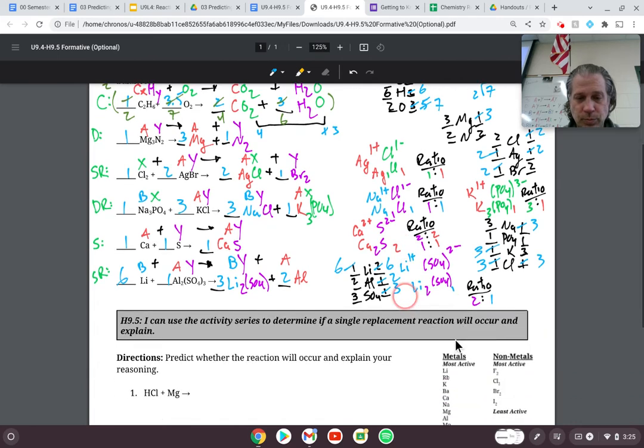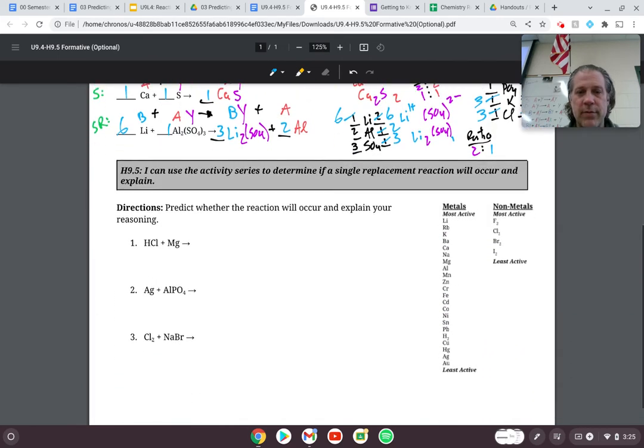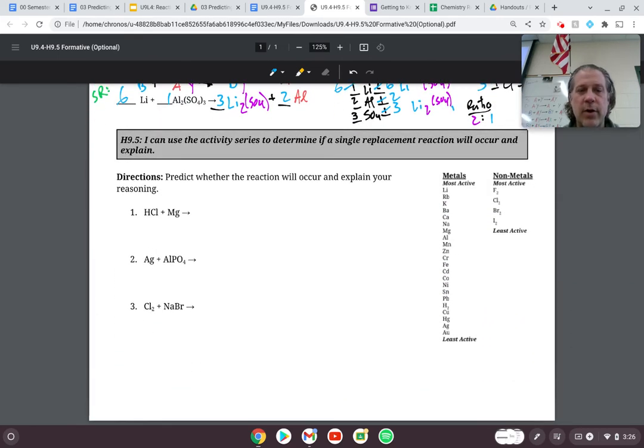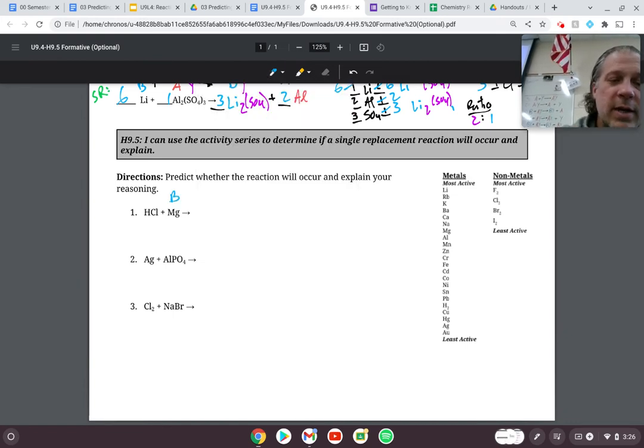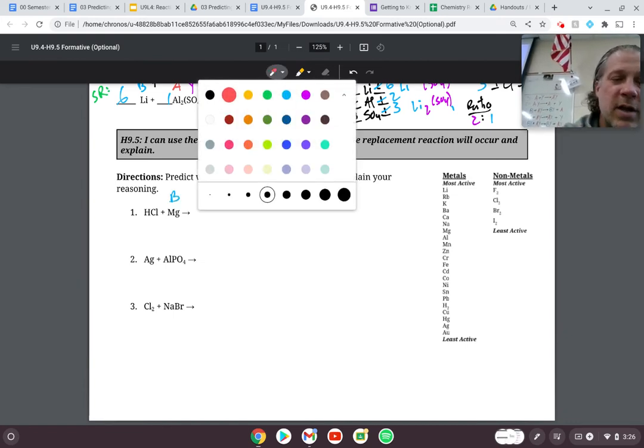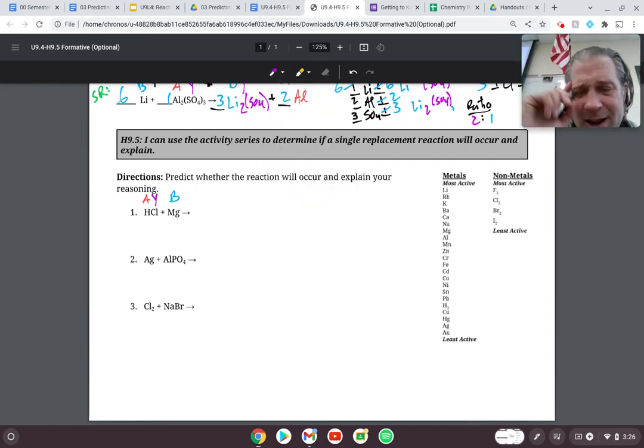Now, the second part of this quiz is determining whether or not a single replacement reaction will occur. And so, again, we have to be really aware of what's replacing what. So in this case here, I see that I have a metal, which is magnesium, and it's going to try to replace another metal, which in this case is hydrogen. Now, I know it's weird because we know that hydrogen is a nonmetal, but if you look at the activity series over here, hydrogen